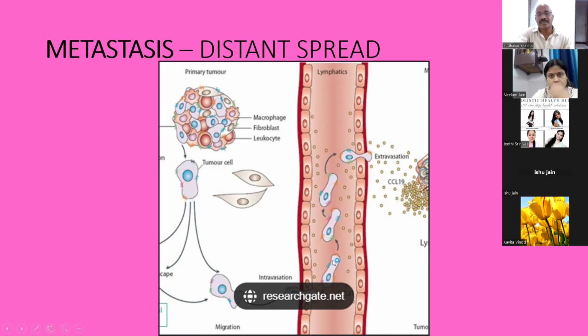So this is the basis of why the cancer cells move from one place to another, this is the explanation. There is loss of adhesion molecules. There is secretion of some autocrine motility factors. They also produce some digestive enzymes which digest the basal membrane. And these tumor cells enter the vasculature, either lymphatics or even the blood vessels. And then they move to a comfortable place where they colonize and develop another tumor. So this is the basis of why the tumor cells spread.